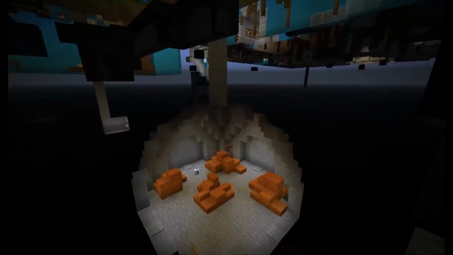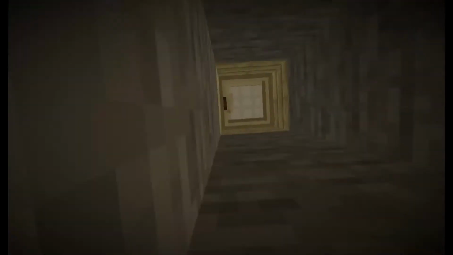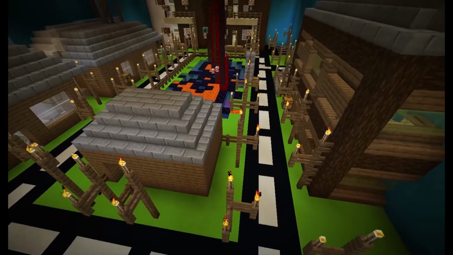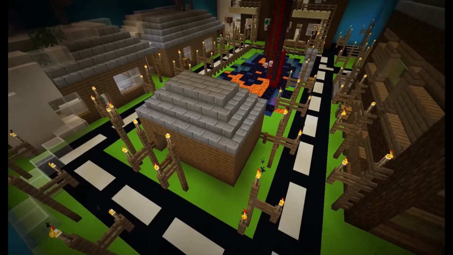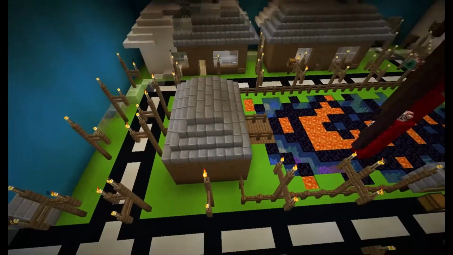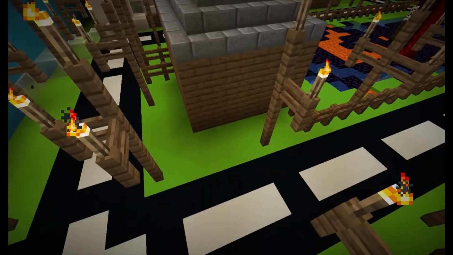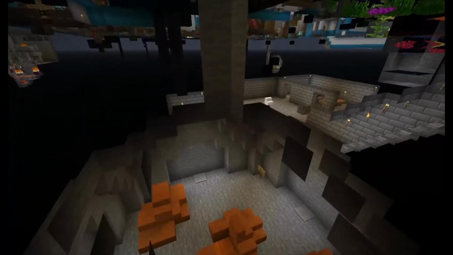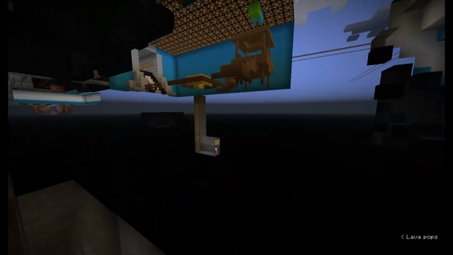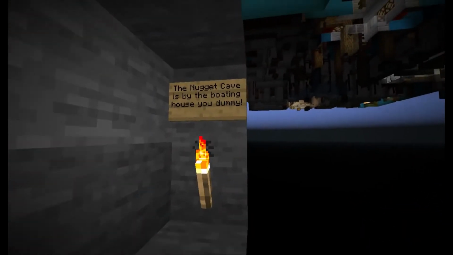See, there's a bunch of hidden things. Here's the Nugget Cave from the game Kindergarten. It was originally here, in the original Undertown. The original Nugget Cave was in the original park here. So, originally, this stayed. Over here, if you go down here, Nugget Cave is...